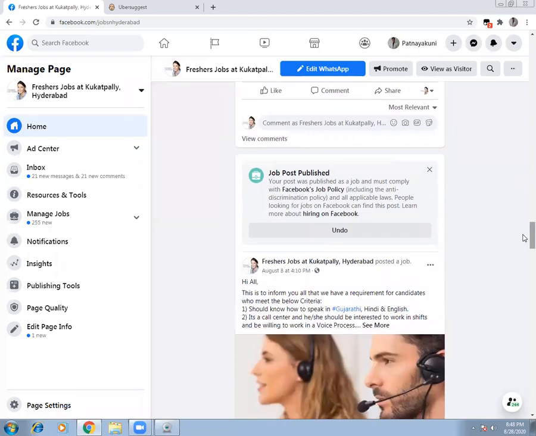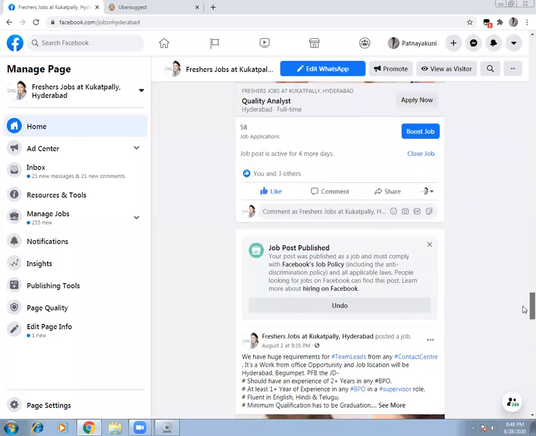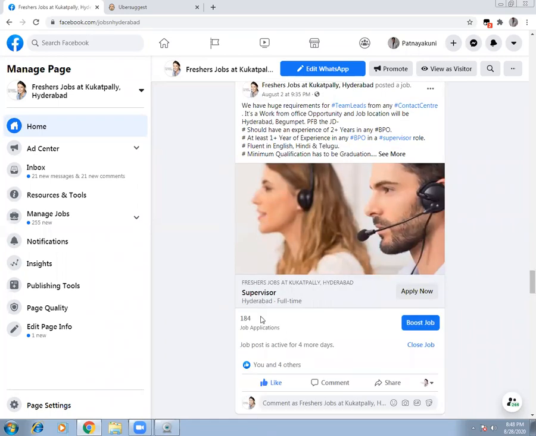And this particular job has, now there are so many things. Now, how will I identify, reach and contact these people? This is a job for a supervisor role. Now I have to learn from the mistake. When I said supervisor, everybody working in retail stores, showrooms, wherever, everybody who's a supervisor applied. But I should have probably mentioned supervisor for a call center, or maybe team leader for a call center. Then I wouldn't have received 184 applications, because only the right people would come.